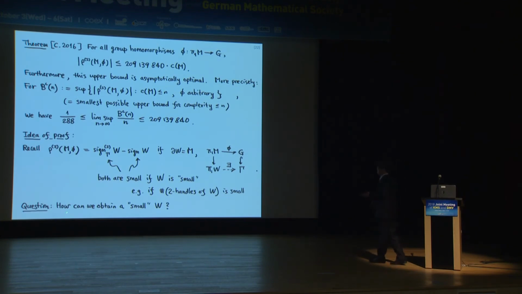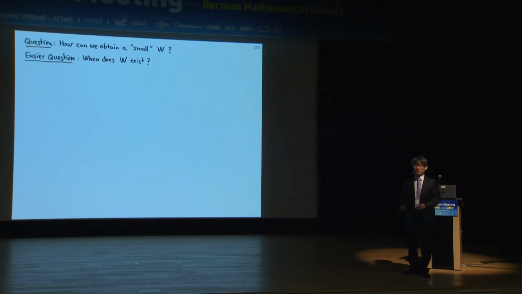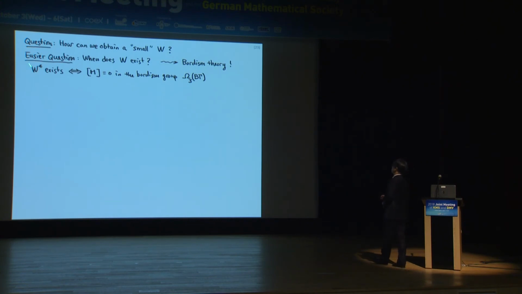So a natural question arising from this easy observation is how we can obtain a small bounding four-manifold. Here's an easier question: when does this exist? Measuring the size can be done after understanding the existence, but existence is a classical question. It's just bordism theory. There is a desired four-manifold if and only if the given three-manifold is trivial in the bordism group, and the bordism group is computed from homology groups by